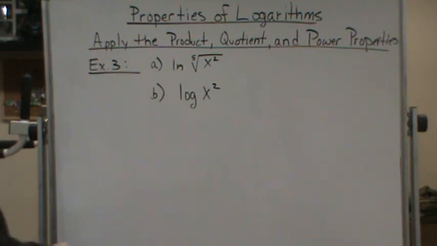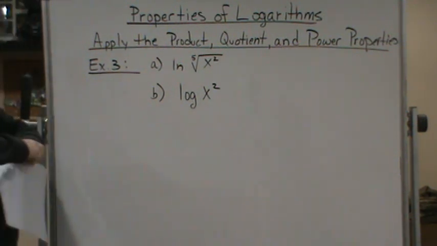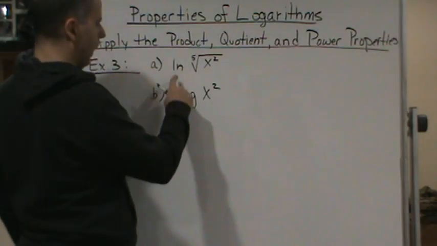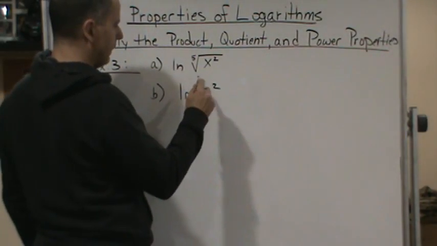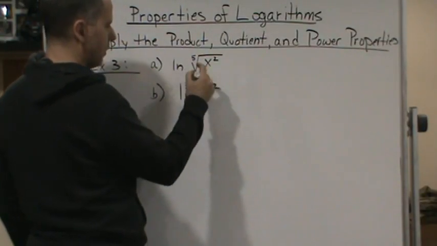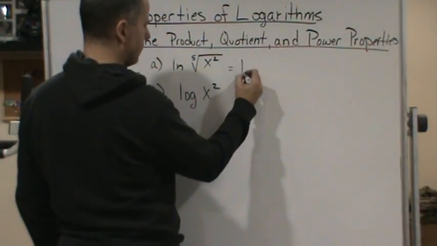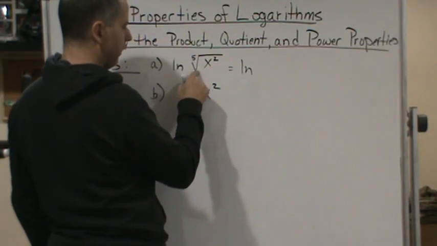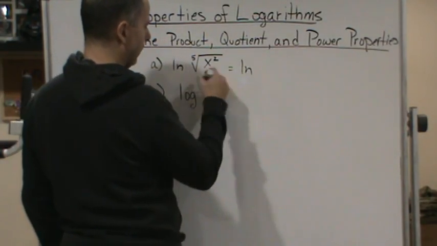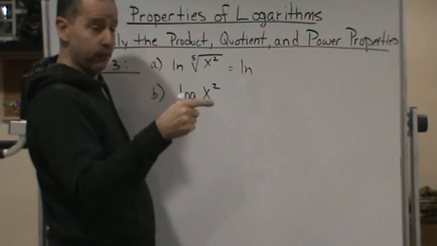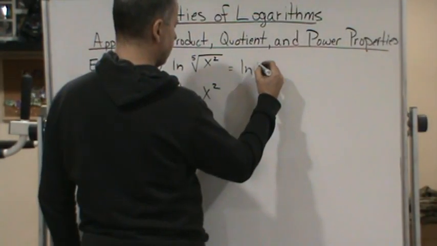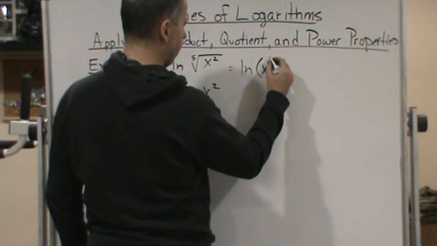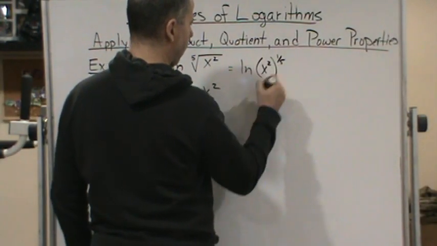All right, so let's look at this example and use the power property for logs, okay? So now, right here in part A, I would write this as a rational exponent, because we can write this as the natural log of what? The index of the fifth root can also be written as an exponent of 1/5, right? So we can write this as the natural log of x squared raised to the 1/5 power,